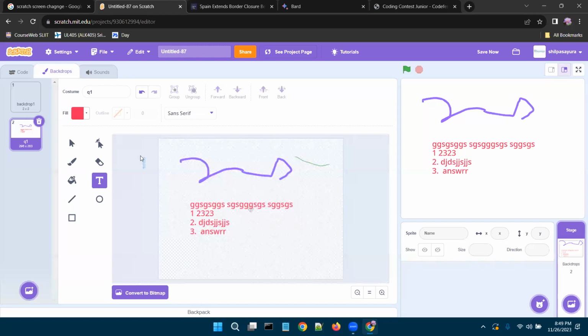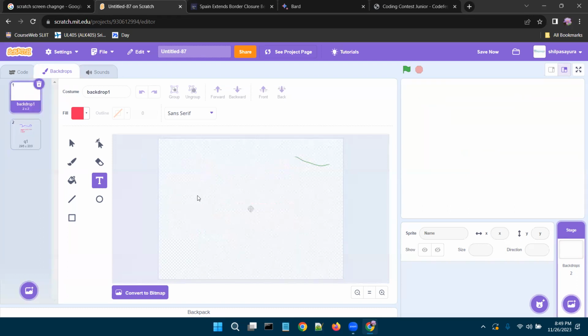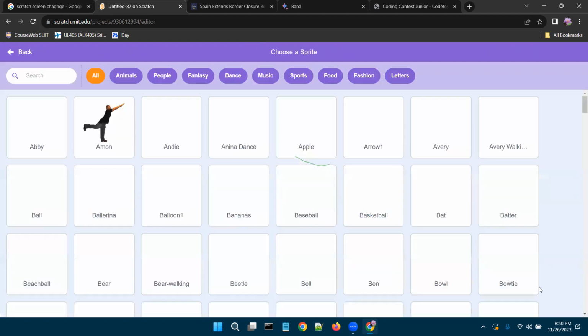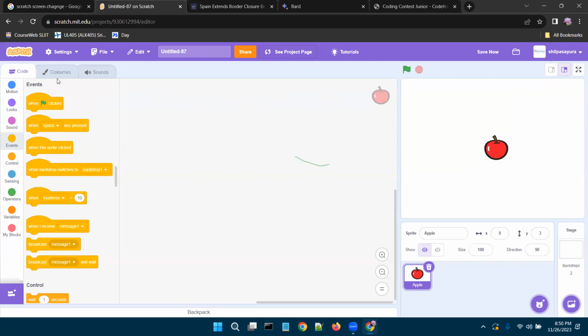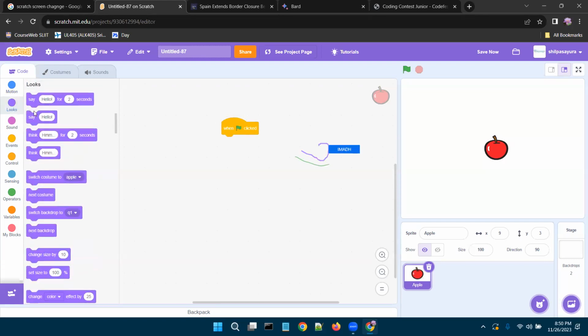Or when you go to Q backdrop 1, you can put a button here or just something, anything. You can say, choose a sprite. So you can put an apple. And what is apple saying? When clicked, it says,